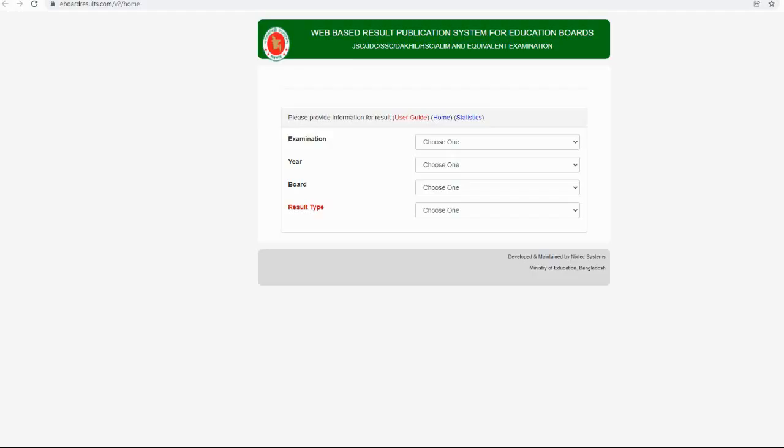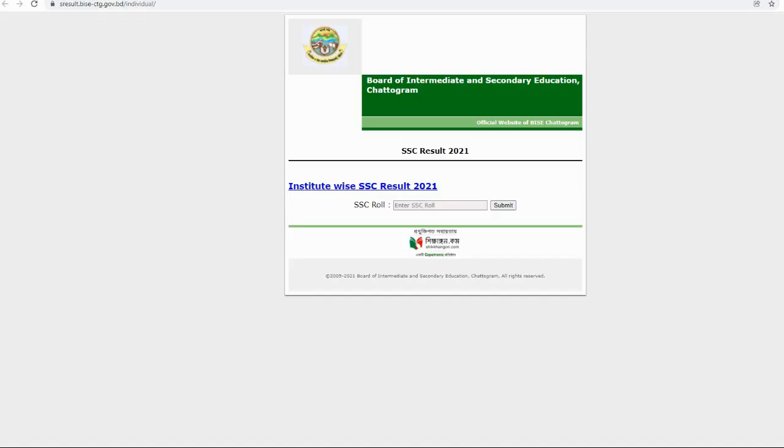As you can see, this is one of them, and you just have to put in your SSC roll and then press the submit button, and it will redirect you to another page. Once you put your roll in this website, the total result sheet will be available, and you have to put other numbers like your registration or birthday number, or else you won't be able to access the page. So you will have to fill these blanks with the correct number,